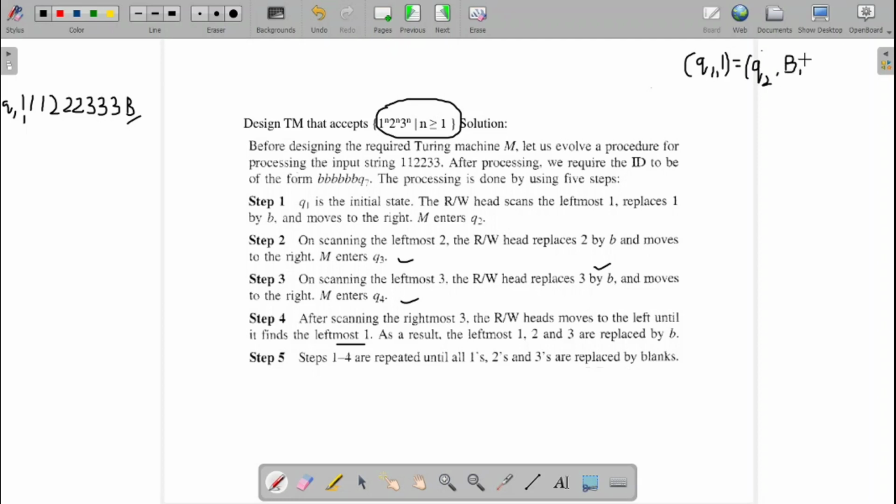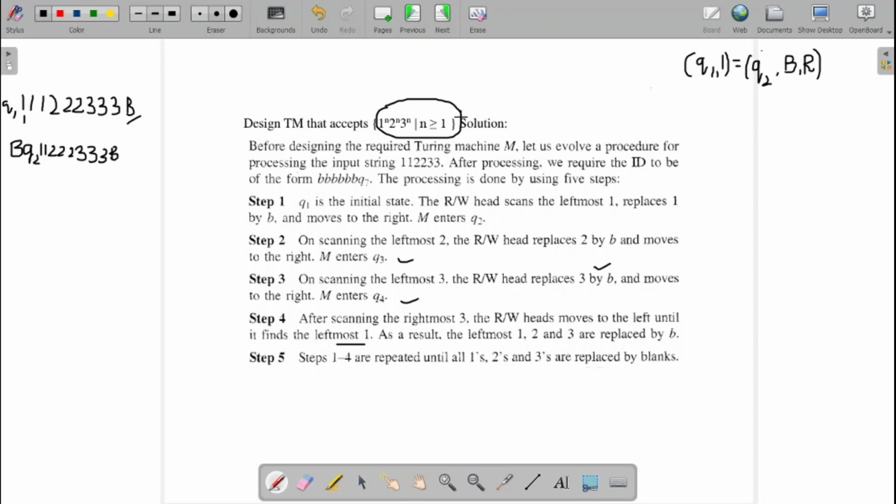The 2 is on my right side, so I will make a right movement. Now 1 is replaced with a blank, and the state is Q2. The tape contents left are 1, 1, 2, 2, 2, 3, 3, 3 and the blank. So now what do I have? Q2 on 1.